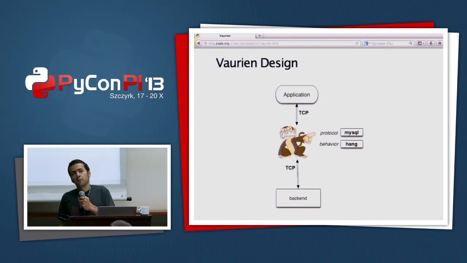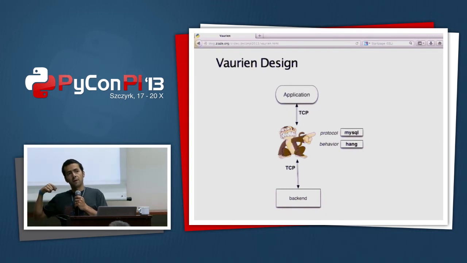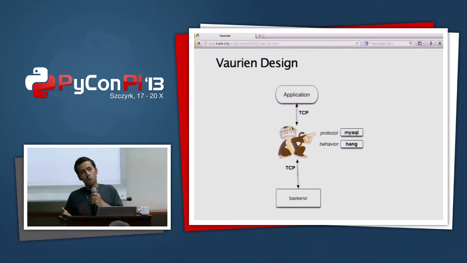Because it's not possible to do a generic TCP proxy that understands all the protocols out there. For a simple reason: for example, when you do an HTTP proxy, you can just pass what request you get, and you also have to handle stuff like connections that stay persistent. And for MySQL, when you connect to a MySQL server, the server is the one that sends the first data. So when you open a socket to a MySQL server, it will tell you, hey, who are you? What protocol do you want to use? So it's the other way around. And that's why we have several protocols.